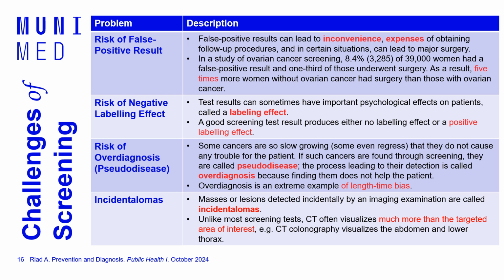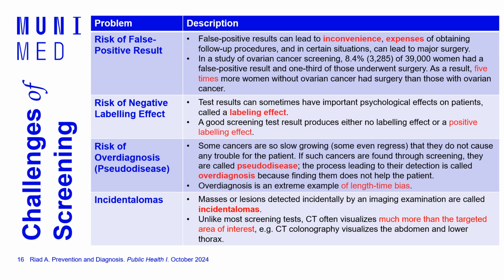The second problem is the risk of negative labeling effect. So imagine that you told someone that he is unhealthy, however he is healthy. Again, this human gets wrong information about their health, and so they will sometimes be extremely worried about their health, and this worry or anxiety that they will experience is usually or sometimes worse than the disease that you have told them about, because they are definitely healthy and they don't have this disease. So this is one of the problems that we can get from screening programs that use not very accurate tests.